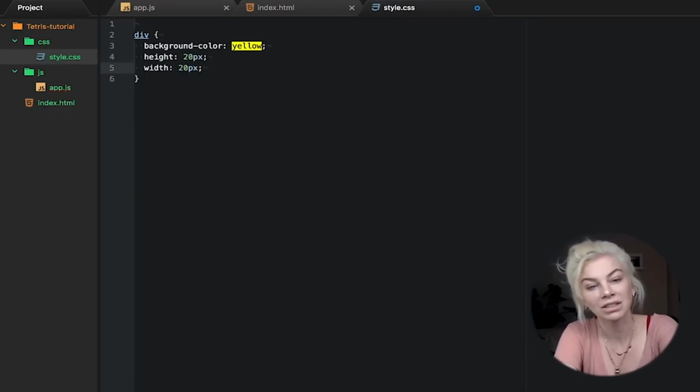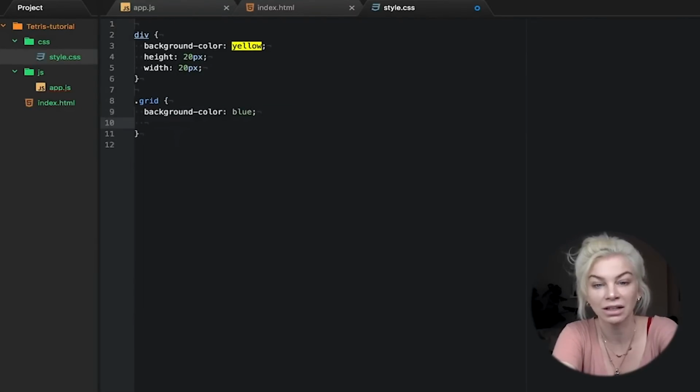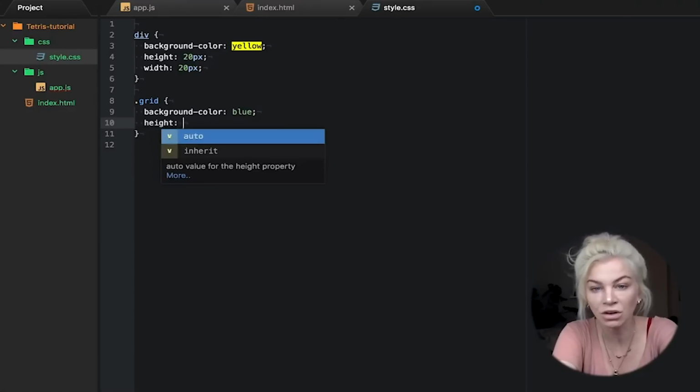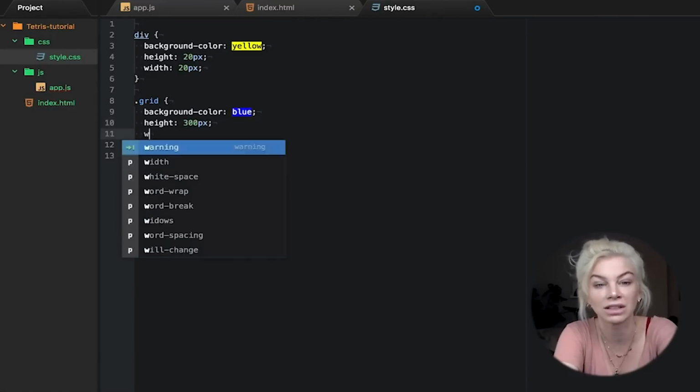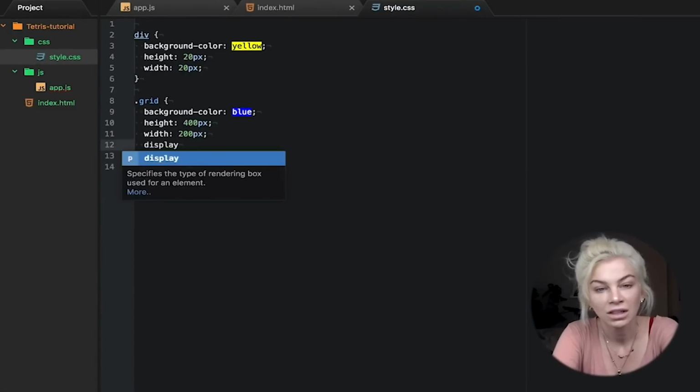As you can see, because divs are programmed to be in block, this is what happens in our browser. By setting a width to our grid, we can stack the divs from left to right in rows of 10. Obviously, if the width of a div is 20 pixels and the width of the grid is 200 pixels, we will get 10 divs in a row. So feel free to mess around with that as you want.